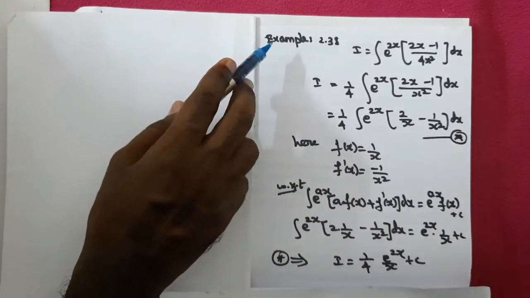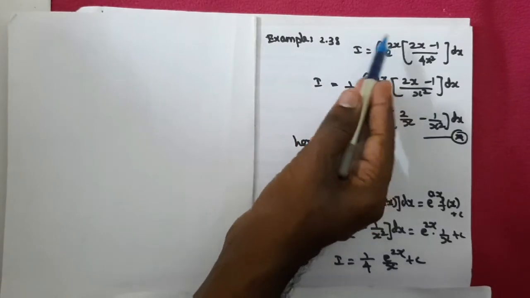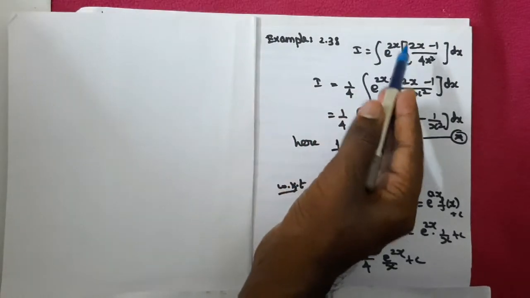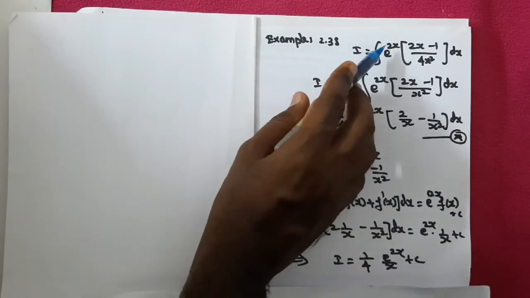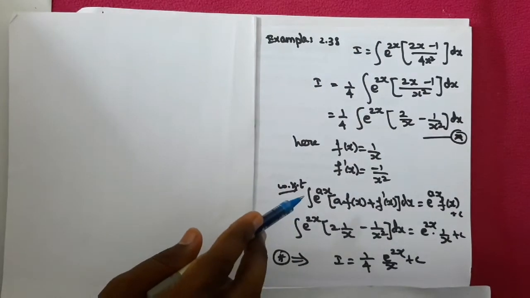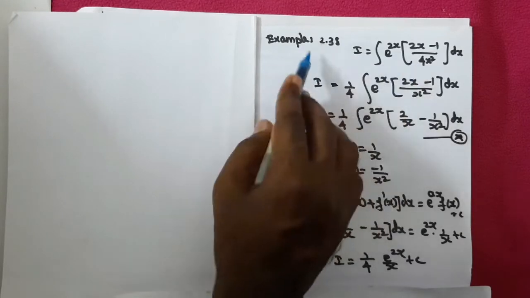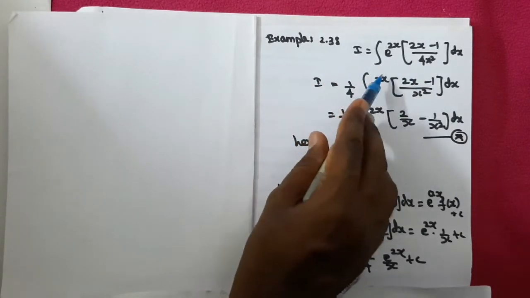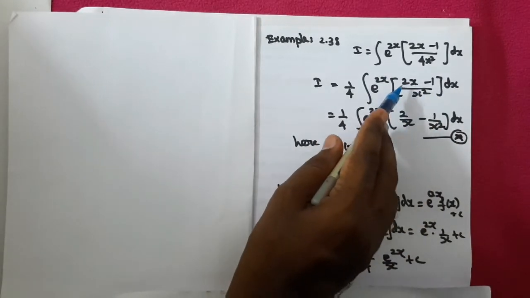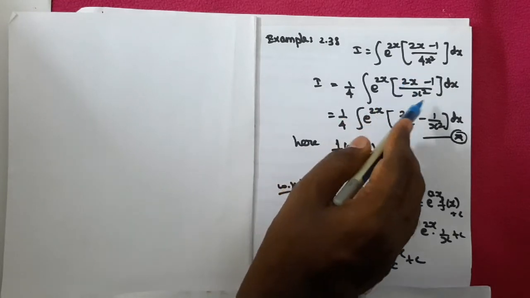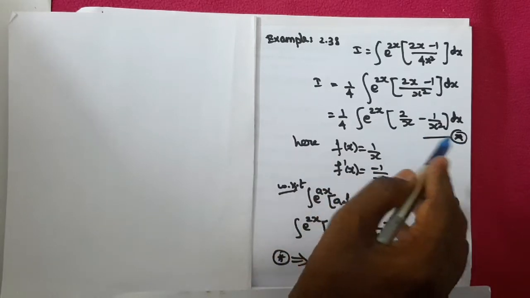Now example number 2.38, we are going to see the same type of sum. So I equal to integral e power 2x. We do not have e power x, we have e power 2x of (2x minus 1) by 4x square into dx. So this time we have the e power ax type, so the formula will be this, right? Here in the denominator we have the term 4x square. In that, take the 4 out. So 1 by 4 integral e power 2x of (2x minus 1) by x square into dx. With this x square, if I divide this term, I would get one x cancelled. So 2 by x at the front, then minus 1 by x square at the back. So mark it as equation star.